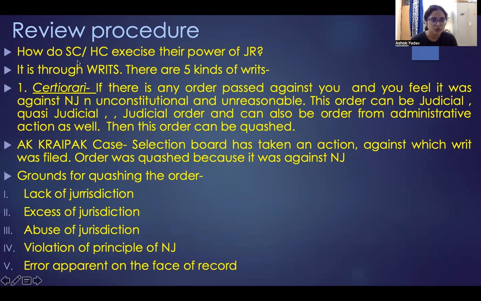So how do the Supreme Court or High Court exercise their power of judicial review? Of course, it is through writs that the courts go for review. There are 5 kinds of writs, right? The first one is certiorari. If there is any order passed against you and you feel it did not follow the principle of natural justice,